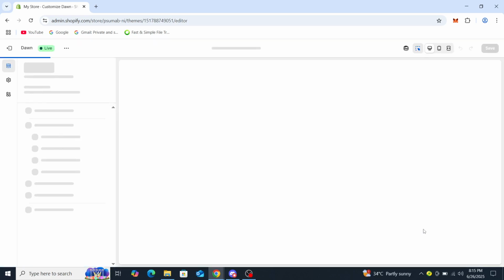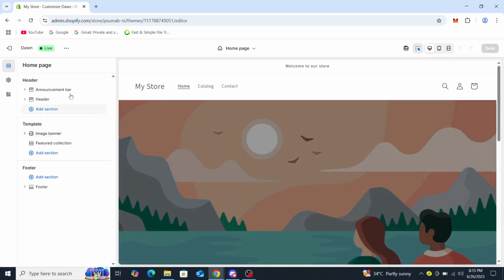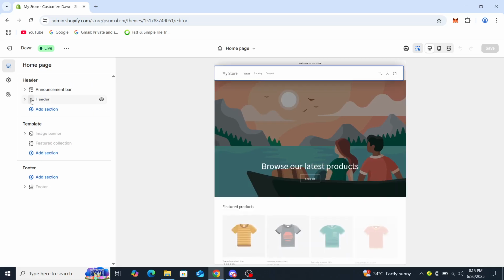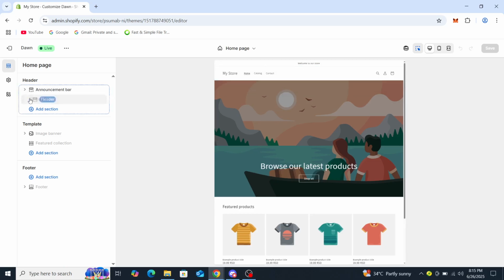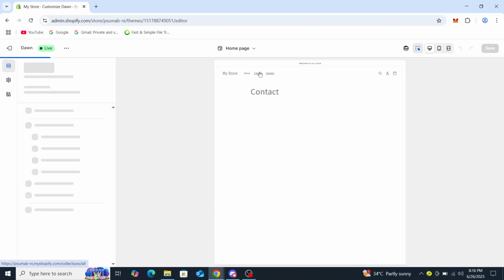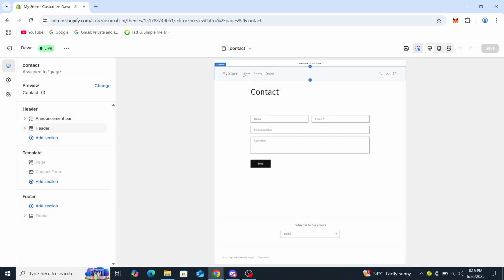once you've clicked on customize, you can see a layout similar to this one, and you can see options like the home page, and you can see the header right here. So if you click on the header, it will open up some of the options for you to customize the header. So you can see more highlighted how it will look like. So you can see welcome to our store. And from there, you can just customize it to see how it would look once you open up the website